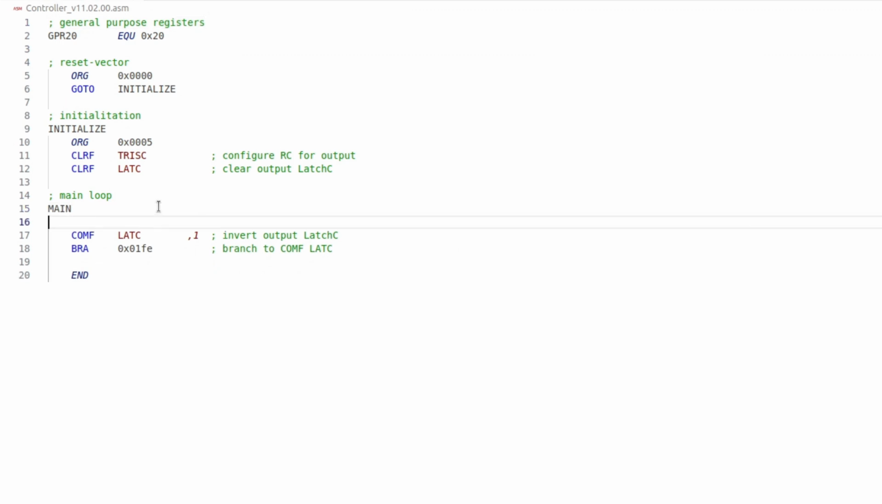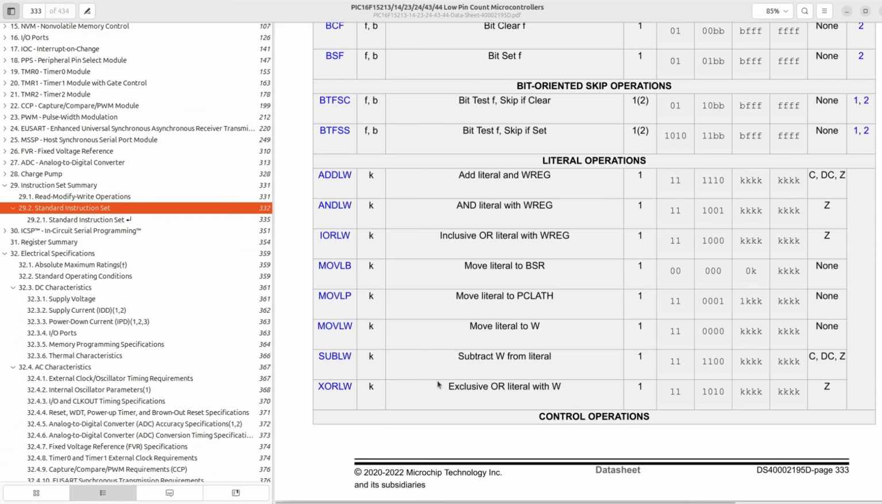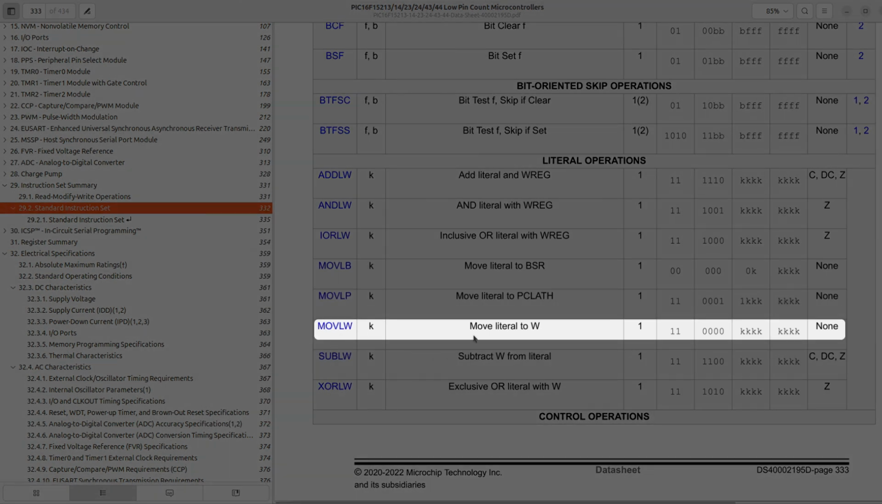And just like any other programming language, when you create a variable, you have to assign it a value. And we're going to use the instruction MOVLW to do just that. We can find MOVLW in the instruction set summary right over here, and it translates to move literal to W. Now, from our last episode, we recognized that W is the working register or accumulator. We haven't used it until now, but basically it's a handy little holder that you're going to use all the